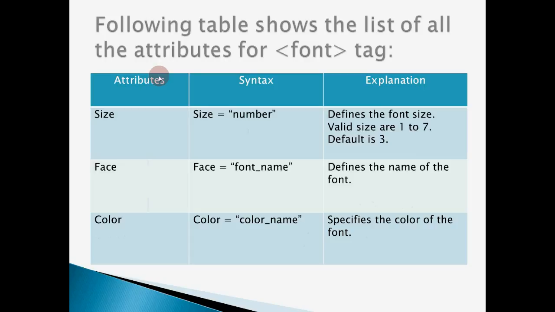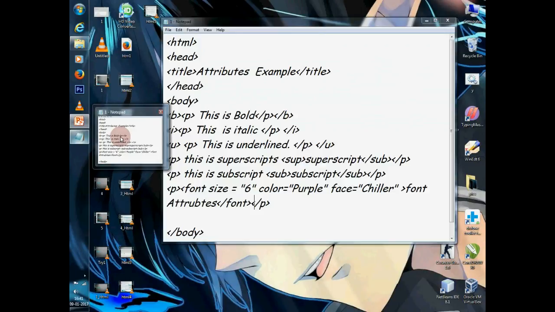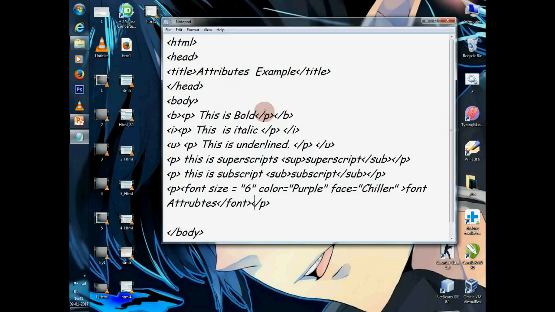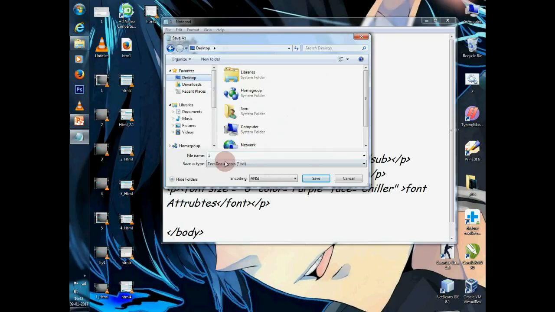Look at one example of these formatting tags. Open your Notepad and type this code, then save it. Save as, choose the location, give the name font.html, and now select All Files, save it.